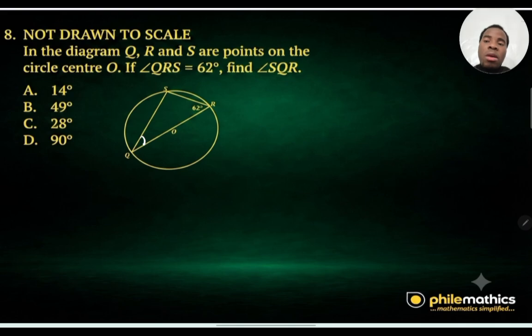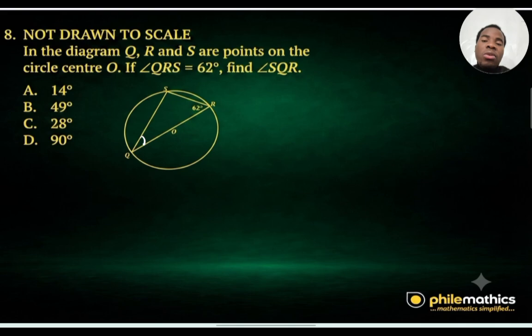Now, for you to solve a question on circle theorem, you have to be equipped with the various theorems. And the particular theorem that will be useful in solving this problem is simply angle in a semicircle. The theorem says angle in a semicircle sums up to 90 degrees, or angle in a semicircle is a right angle. And so,